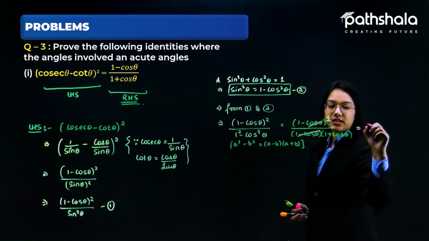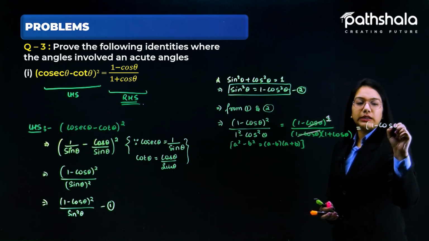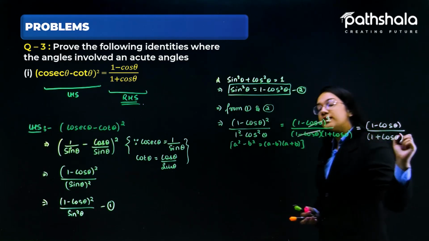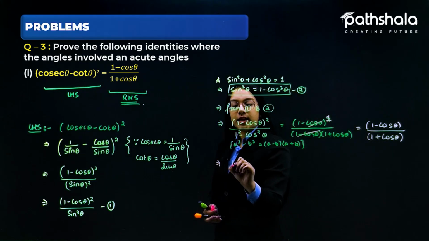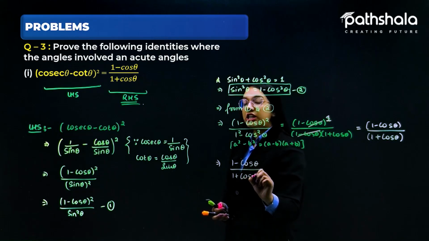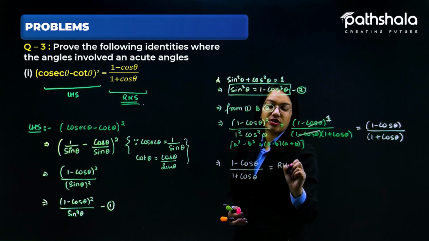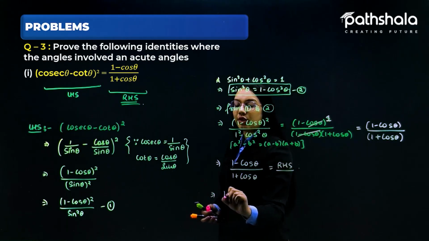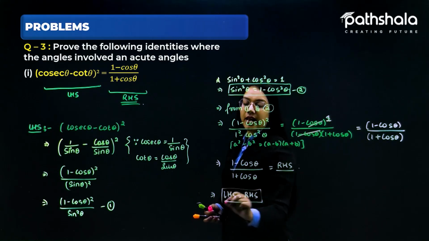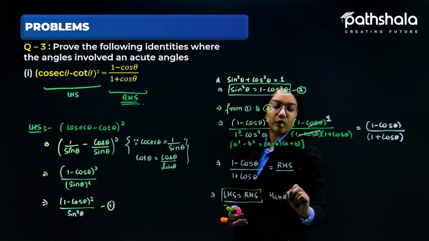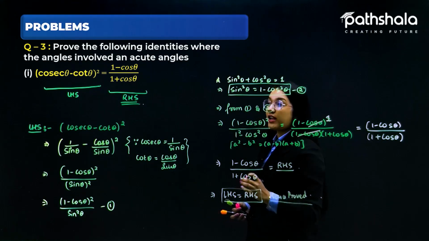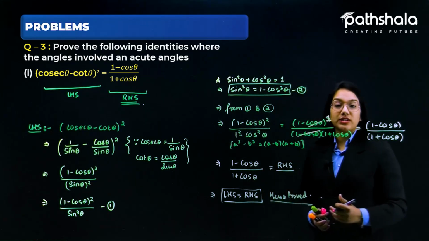So it implies that this is (1 minus cos theta) divided by (1 plus cos theta). Hence, it is the value that we are getting as the right hand side. 1 minus cos theta divided by 1 plus cos theta is the same as RHS. So at the end we have concluded LHS is equal to the RHS. Hence proved this particular part. This is all about the very first part in which we have proved LHS is equal